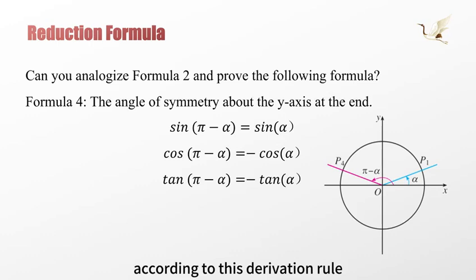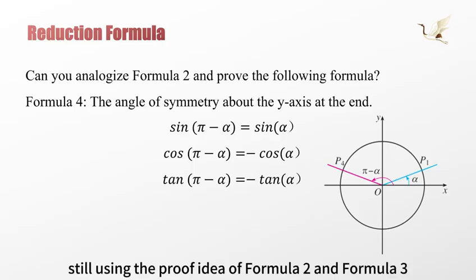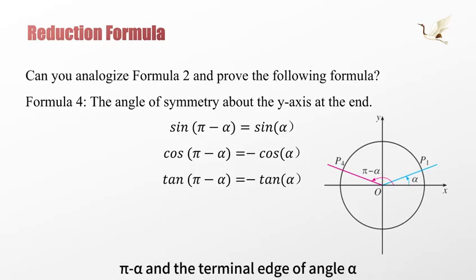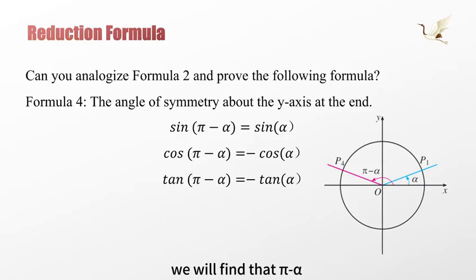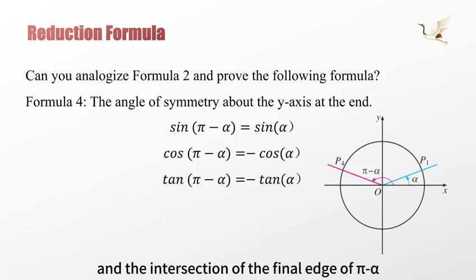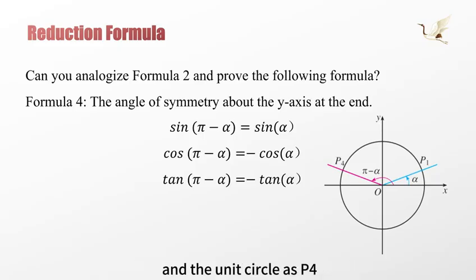According to this derivation rule, we continue to complete the proof of the next set of formulas. Still using the proof idea of Formula 2 and Formula 3, let's first observe the relationship between angle pi minus alpha and the terminal edge of angle alpha. We will find that pi minus alpha and angle alpha are angles with respect to the y-axis symmetry of the terminal edge. With the help of the unit circle, we still set the intersection of angle alpha and the unit circle as P1, and the intersection of the terminal edge of pi minus alpha and the unit circle